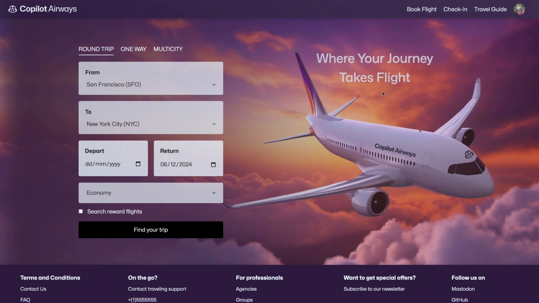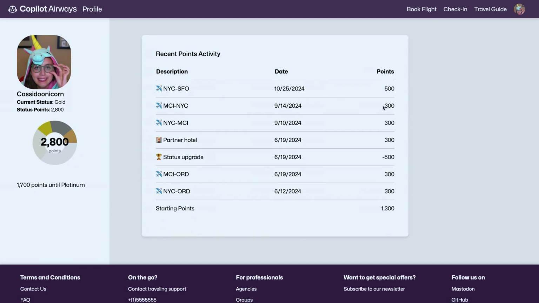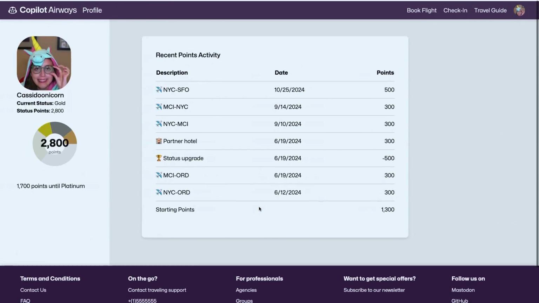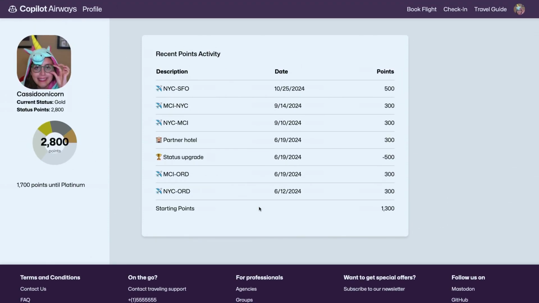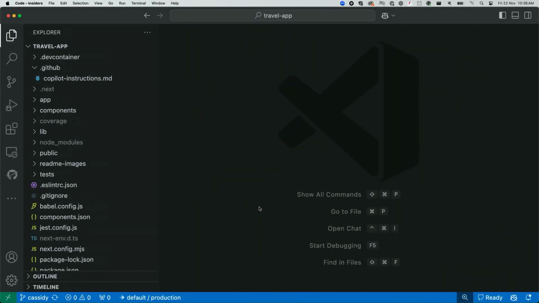I don't have that change that Bridget just made, but one thing I do want to change is on the profile page, this is Copilot Airways, we have our recent points history. It's great, we can see the changes, we can see how many points we have and things like that, but I think this probably needs some visual way of showing it, so a graph would be really good. But because I'm in this application that I'm relatively unfamiliar with, I want to make sure the graphing and those tools are consistent across the application. So I want to do it the same way that the application currently does it. So I'm going to go through this whole process of how I would generally do this work.